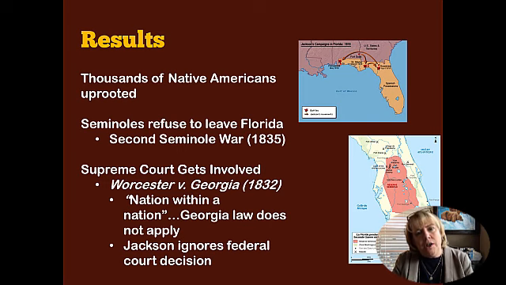Now, the Cherokee took a different approach. Remember, I said that these were referred to as the 5 civilized tribes. One reason that they were referred to that way is primarily because they had accepted some of the American ways of doing things. There were many in these 5 tribes who had accepted Christianity. The way they farmed was very similar to the American style of farming. The Cherokee had actually created a language, a written language and a constitution for their nation